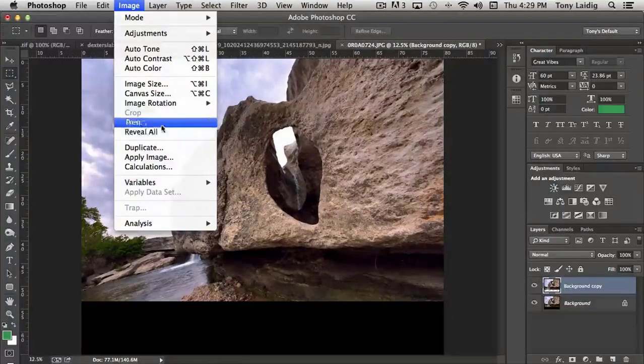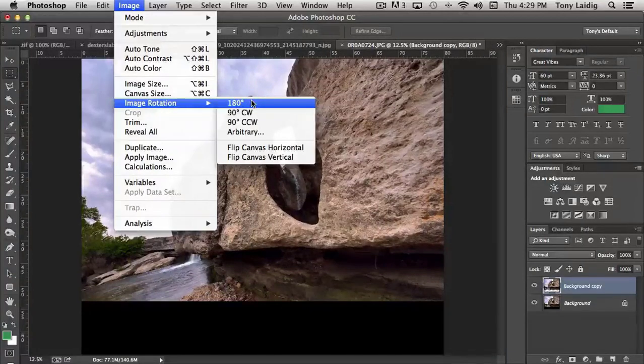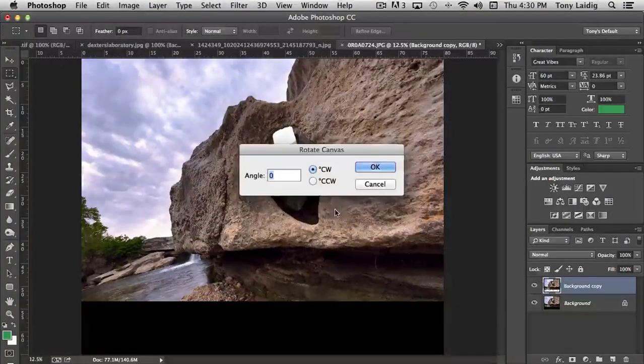In that same area, we also have image rotation, and this gives us the ability to rotate the image a full 180 degrees, or 90 degrees clockwise or counterclockwise, and arbitrary. Arbitrary is basically just entering in what angle you'd prefer, say 25. And do you want it to rotate clockwise or counterclockwise? Let's say clockwise. When I click OK,